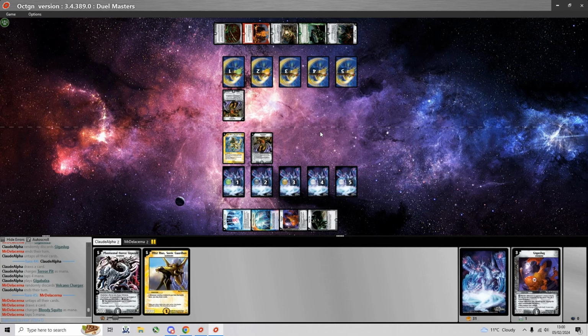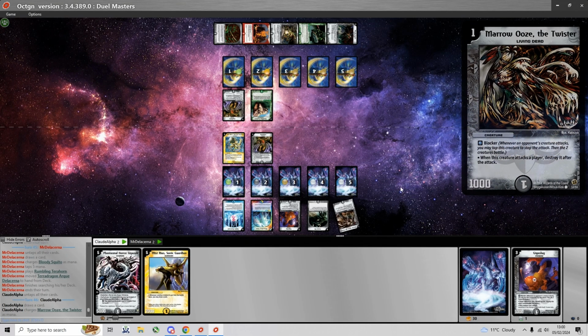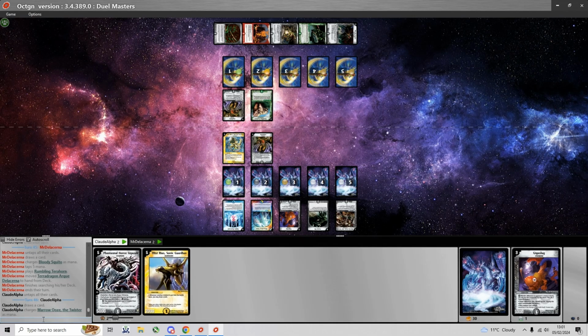I'd have much rather sniped this Rumbling Terrahorn, which is about to summon, or the other card he's likely holding in hand. And he's going to get a Terra Dragon MrDelacerna from his deck with Rumbling Terrahorn, and this kind of makes